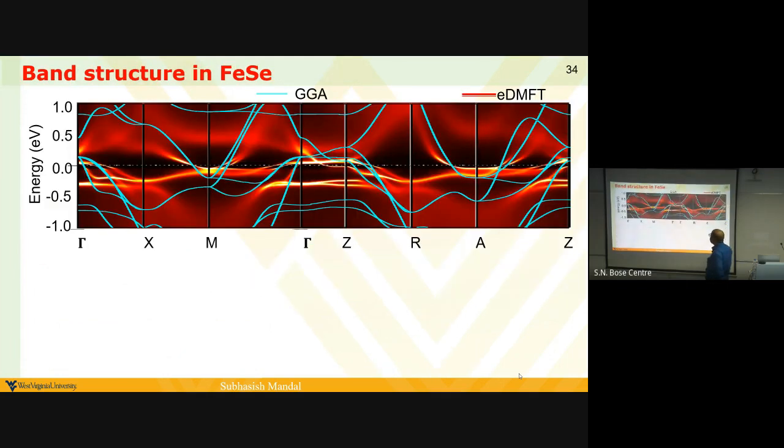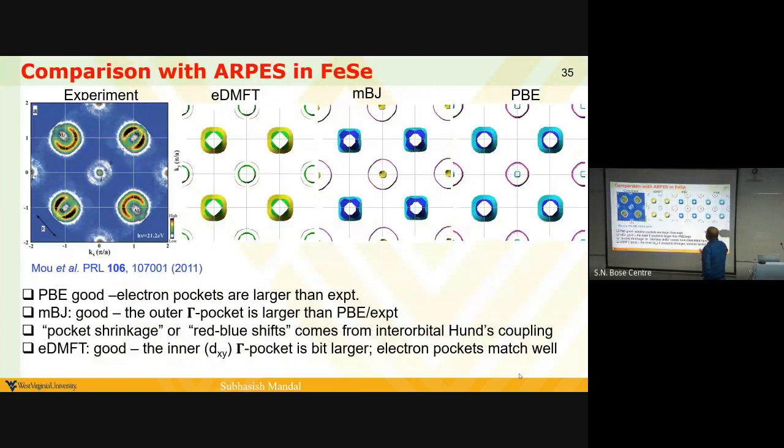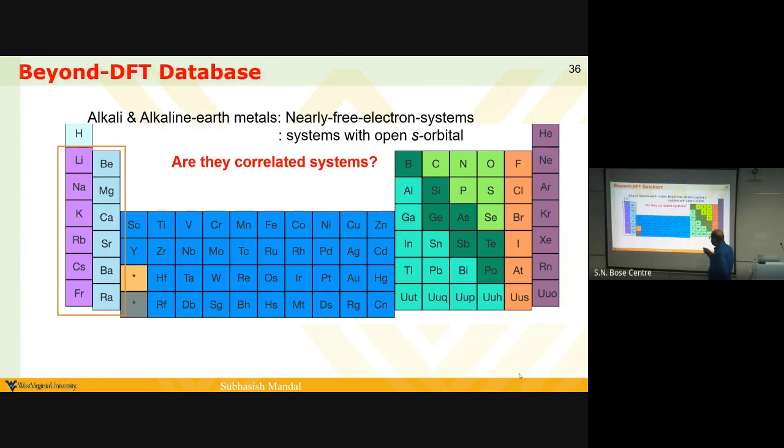Now, if you just compare GGA and DMFT head to head, you see that the band renormalizes a lot, but overall there's a matching, though the size of the pocket changes a little bit. Same with meta-GGA, where the pocket changes a little bit. But if you compare with ARPES, more or less all these methods are pretty good, except there is a little change in the pocket size. That matters because it also tells you about the pairing, but nevertheless it matches pretty well.